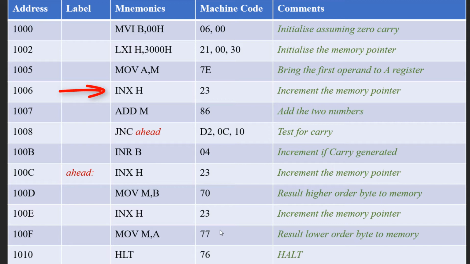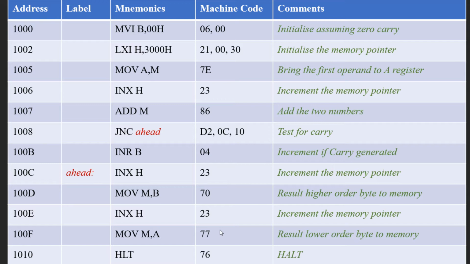Then in the fourth instruction, INX H, we manipulate the data pointer and take it to the next memory location. And then we write down ADD M. So the value of the memory location pointed by HL is added to the A register, and the result is placed back in the A register, and all the effects are generated in the flag register.